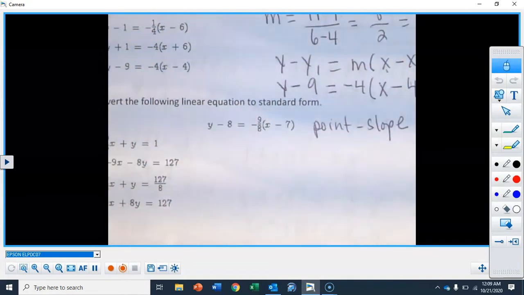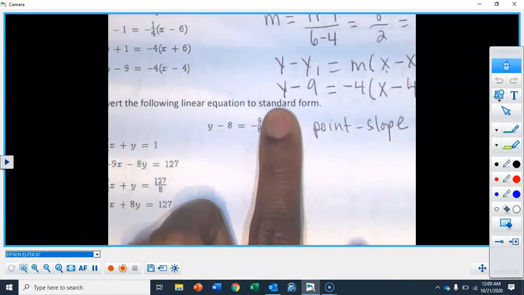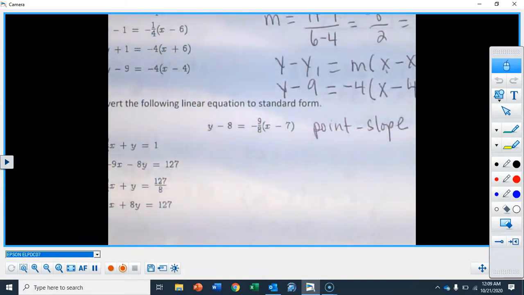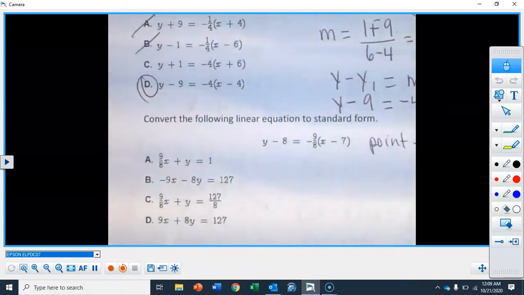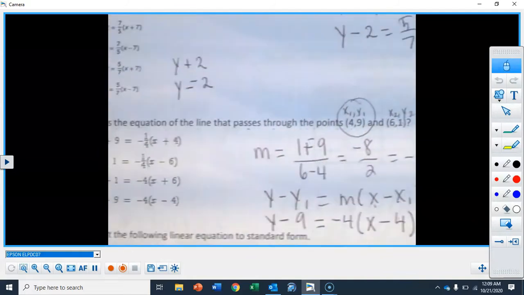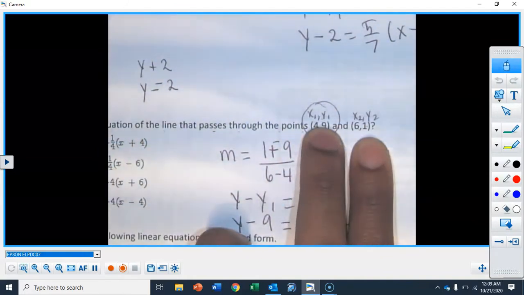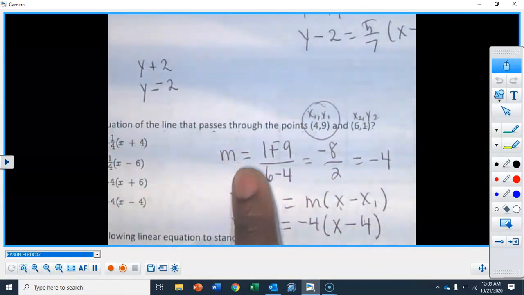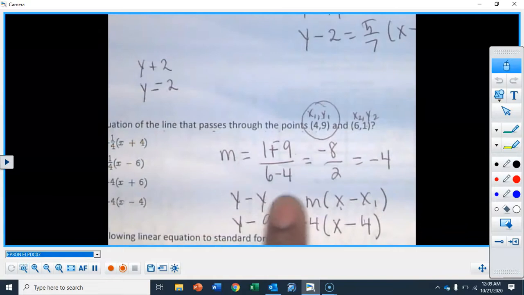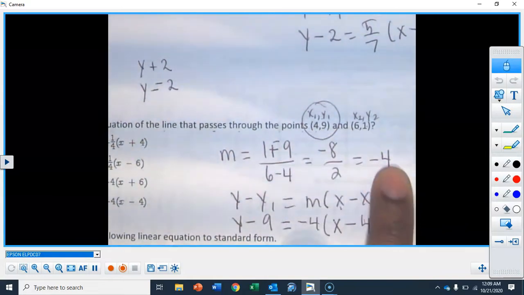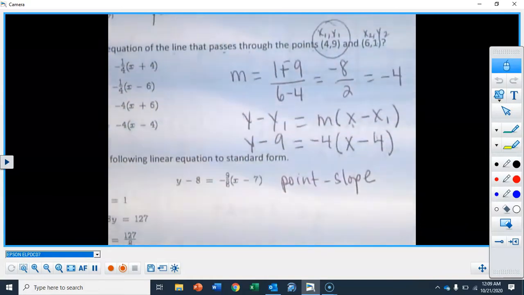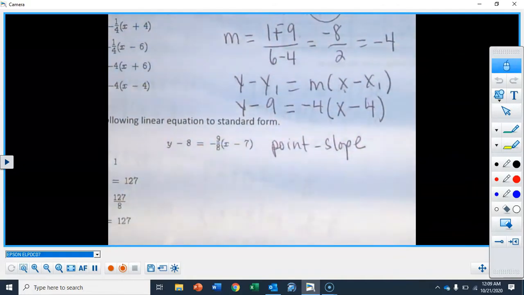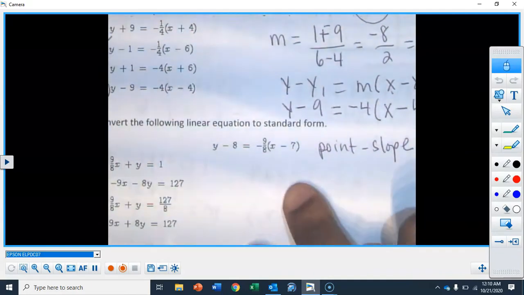Okay, so we want to change our point slope into standard form, right? The first thing we're going to do, guys, remember I talked to you about this, is usually what we're used to doing is, hey, they give us 2 points. We go get our m, and then we use point slope by choosing a point and using the slope, and then we get it here. Now from here, they can ask us 2 ways. They can say, put the line in slope intercept, or put the line in standard form. So the first step is always to do the distributive property.